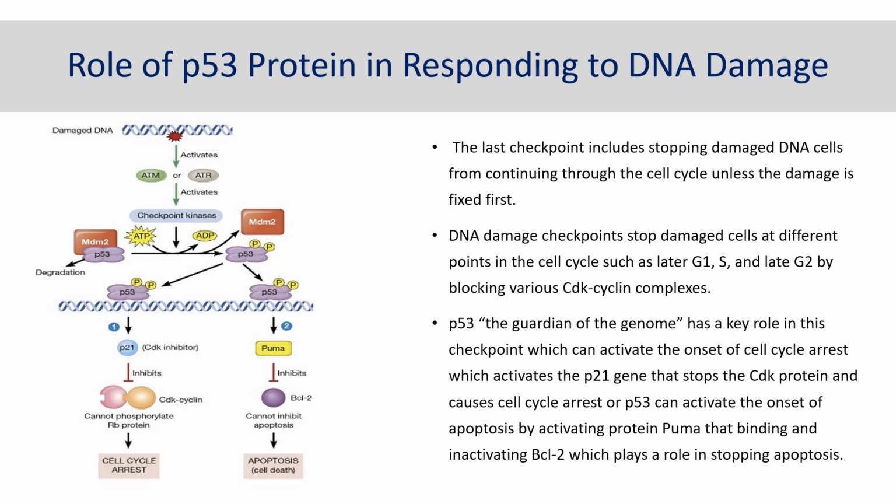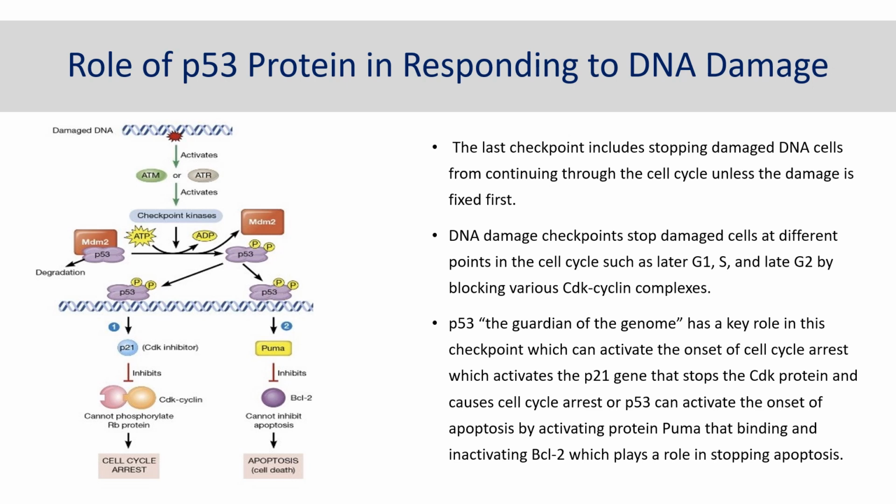And so p53 is a protein that needs to be activated in order to work. When p53 is bound to the MDM2 complex, it is inactive and is beginning to be degraded. But whenever the checkpoint kinase phosphorylates p53, it gets released from the MDM2 complex, becomes activated, and proceeds to activate other pathways. p53 can activate two different pathways, and the first one is the cell cycle